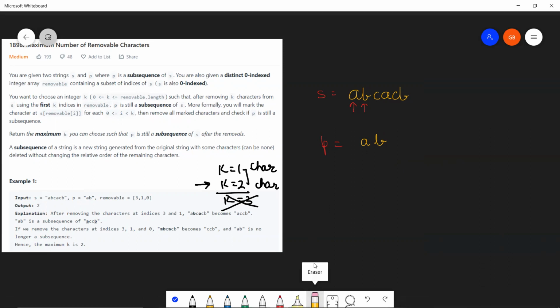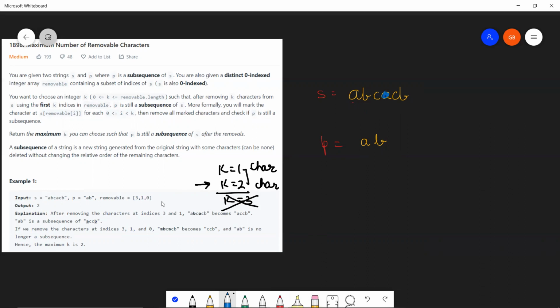Now, I'm going to jump a little bit ahead because I know that at k equal to 2 also I'll find this available with me. Okay, let me not jump. Let's say that I went ahead and removed k equal to 1, which means the third index over here. I remove this a. Still, I guess you are able to understand. I'll be able to find this a. Then this pointer will move to b, and I'll be able to find this b. And yeah, that gave me my answer.